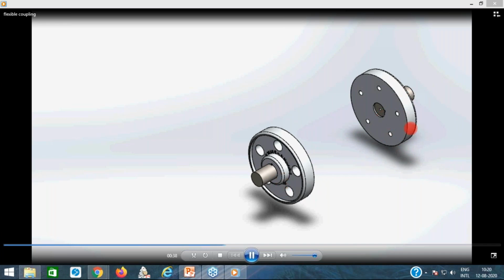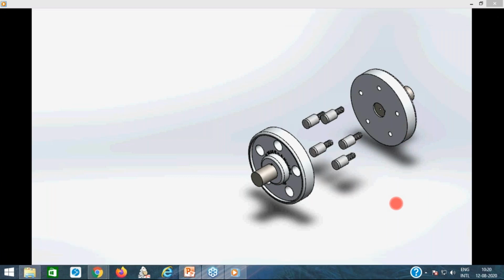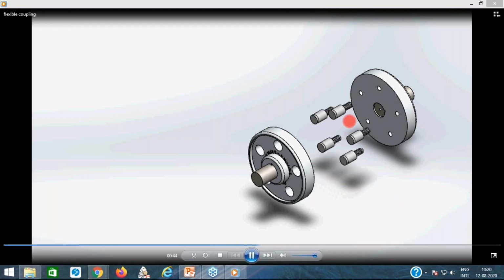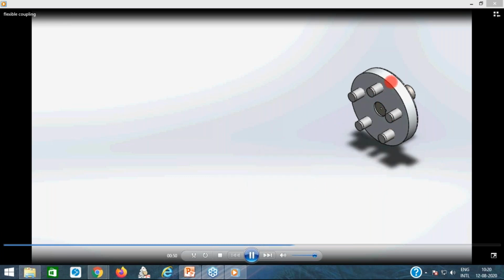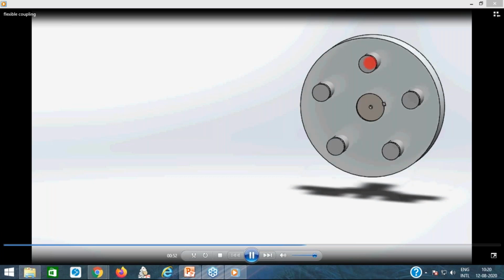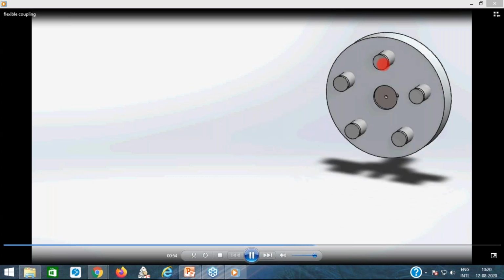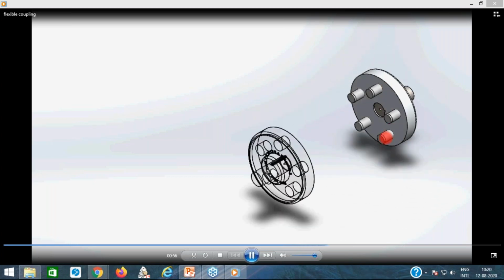Again, here keys are located at 90 degrees. I asked you one question, why is their location at 90 degrees? Then here is the pin which is used. You will find the pin has a thread at one of the ends, over which the brass bush and the rubber bush are mounted. In this video, these pins are shown directly with the brass bush as well as the rubber bush mounted on the pin.